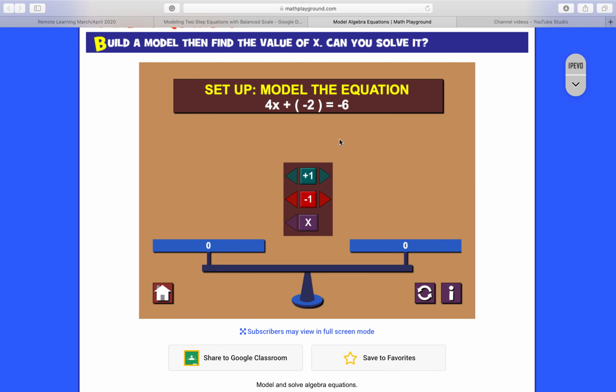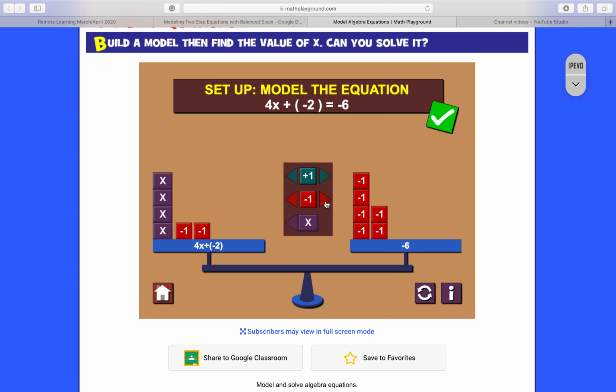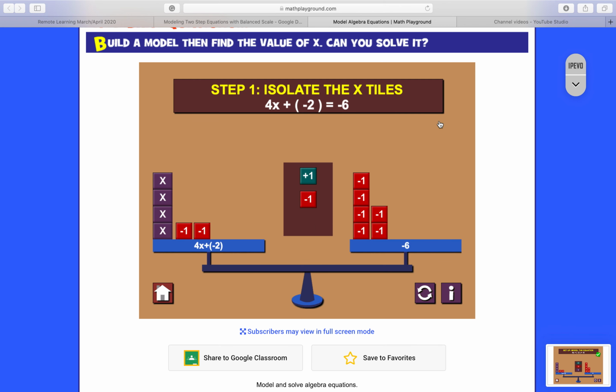Now you want to set up the model of the equation. And on the right side we have negative 6. And now our equation is balanced. This is where you take another screenshot